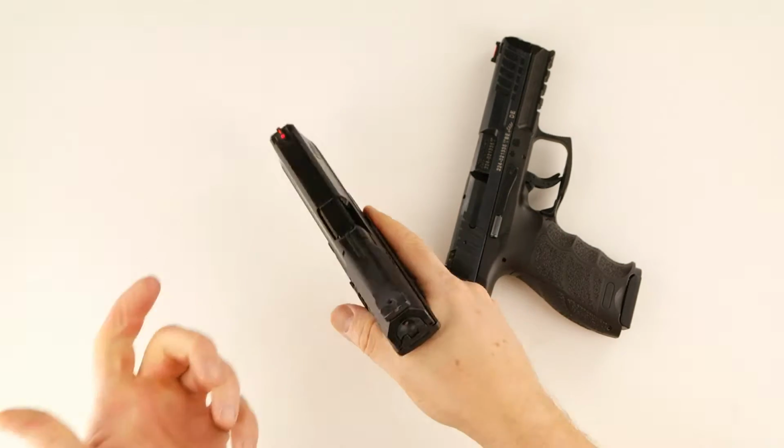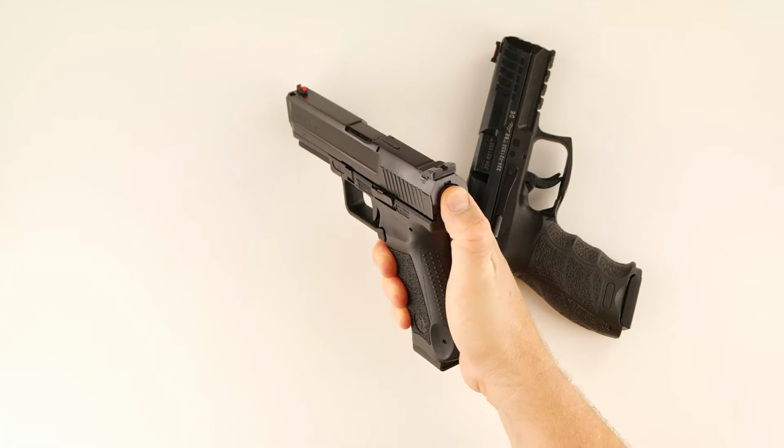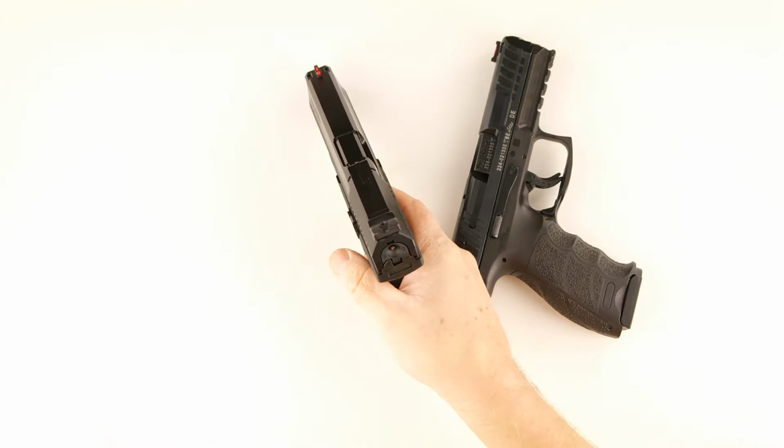Then when you pull the trigger, it goes away. The problem is, here's what I don't like about it. A, I can't feel it. It's too deep in there. If I took my pinky finger, I guess I could. But